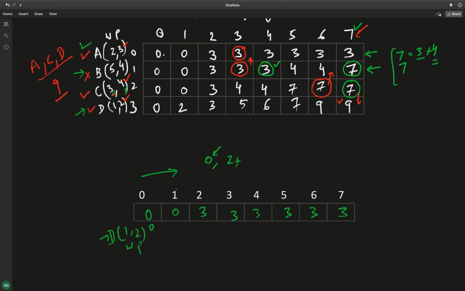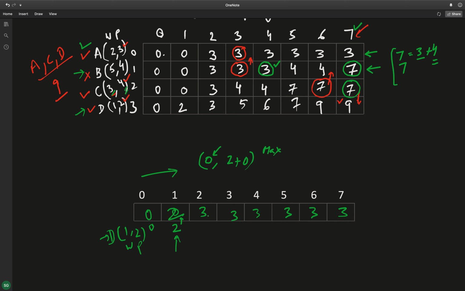After I subtract the weight from this capacity, that will be 0. So 2 plus 0. The maximum of these two I need to fill here, so I'll fill 2. I consider this item D here, that is why the value has increased from 0 to 2. This will be overridden here, so this value will be 2 basically.